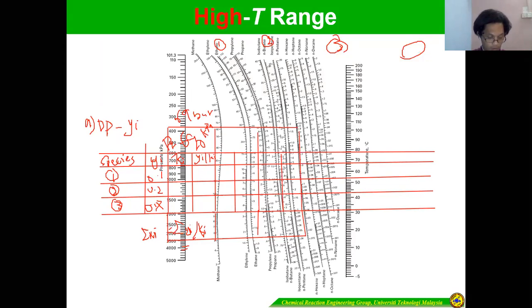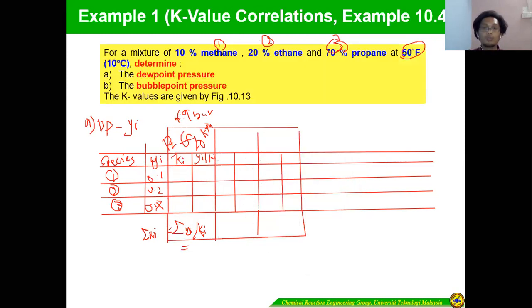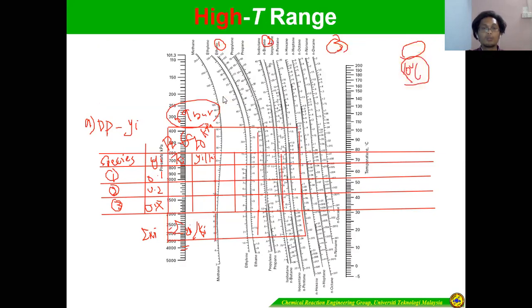50, isn't it? It is 50. So it's around 10 degrees C. Okay, the temperature is 10 degrees C. This one is 10 degrees C. Okay, 10 degrees C. So what we can do, from the temperature as well as the pressure, from this